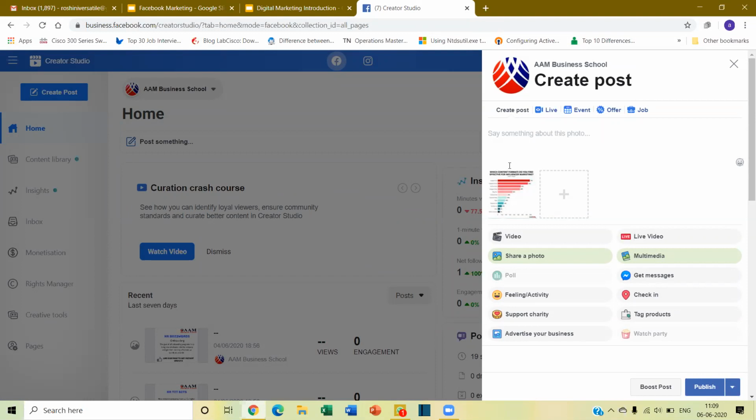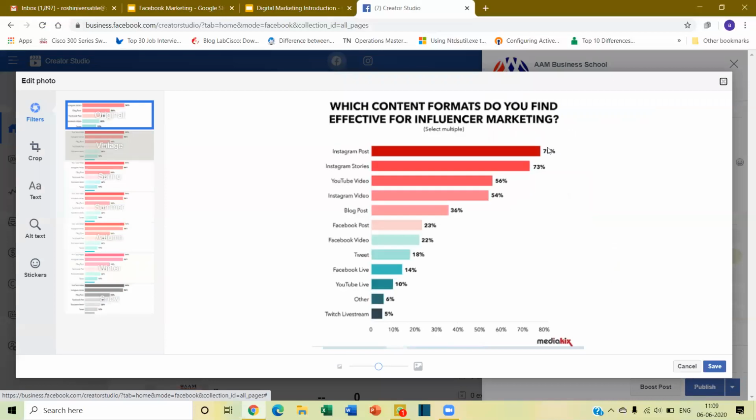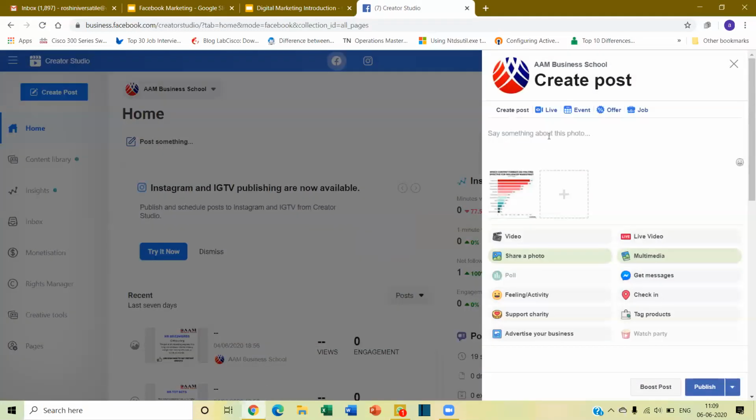For example, here I have given a post about influencer marketing, the ways in which influencer marketing works, basically. So here my hashtags will be like this. When you type a hashtag, and I think most of you know this, give the hashtag symbol and type it without any space, or else it will not take it. And always make sure that your hashtags are in small letters, not in caps. So like this, I can give as many hashtags as I want, digital marketing.